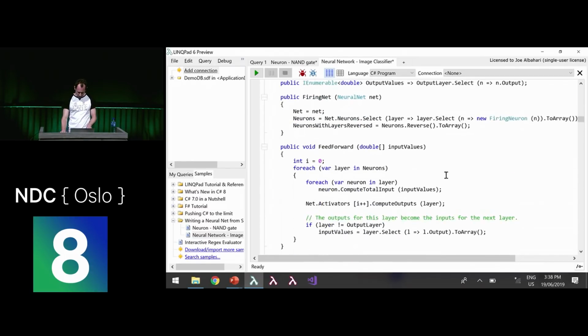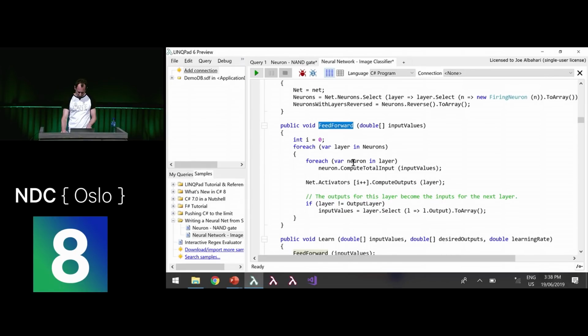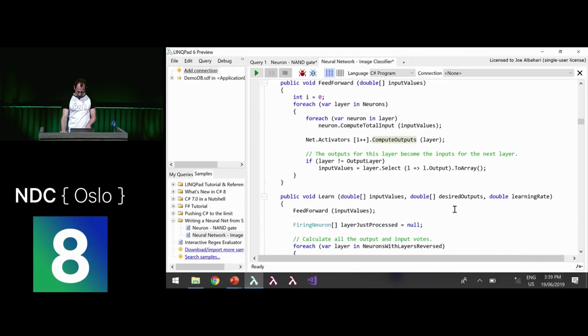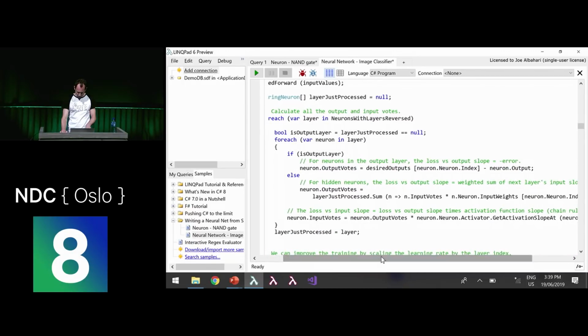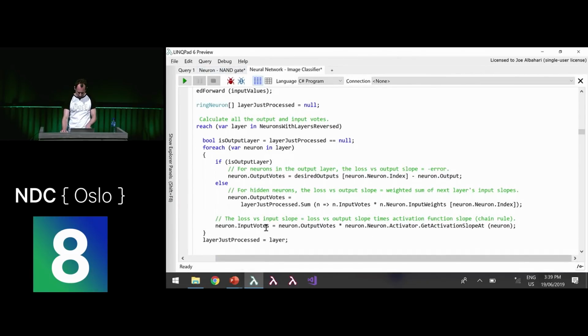So that's our firing net. That's our feed forward. We just go from layer to layer, firing all the neurons. It can be called compute outputs. And here is the one thing, when it comes to the learning, this is the one extra bit of logic that's related to the neurons rather than to the plumbing. So for the hidden neurons, we need to work out how many output votes to give it.